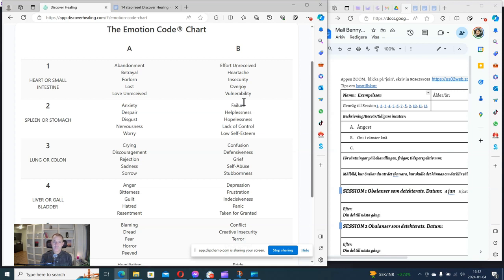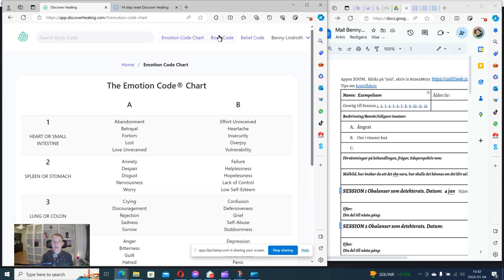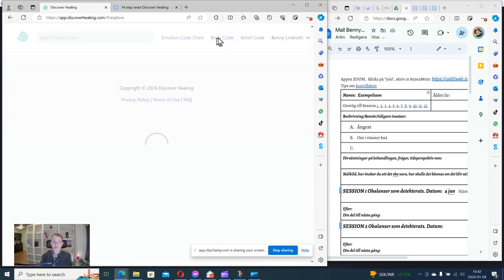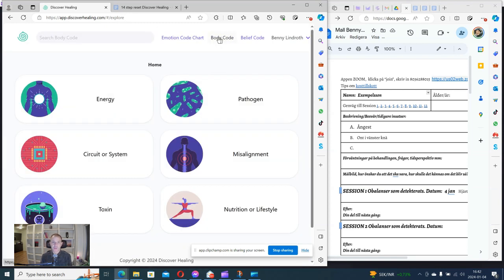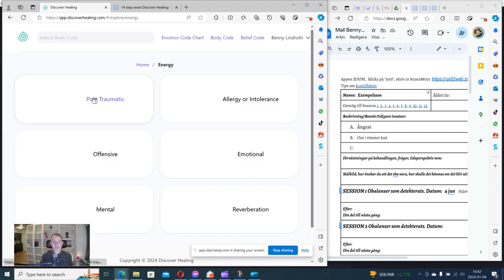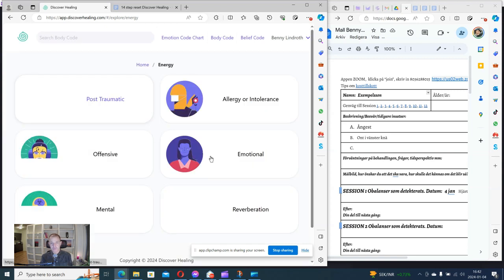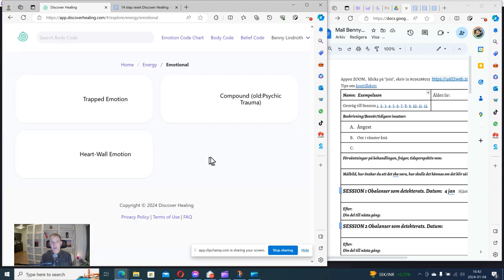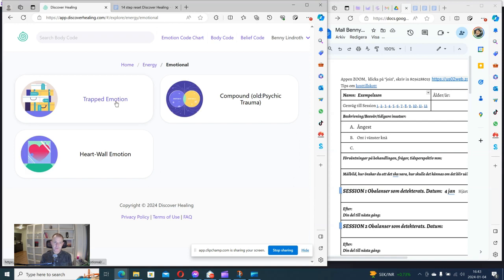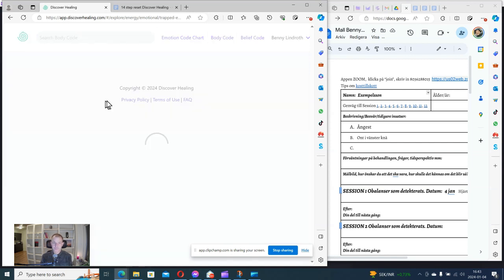The next part is the body code, and the emotion code chart is embedded in this part. If we are guided to the energy section, then we might end up in the emotional section, and there we have these trapped emotions, like a heart-wall emotion or just a trapped emotion.